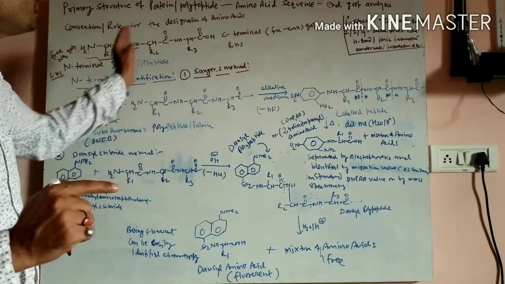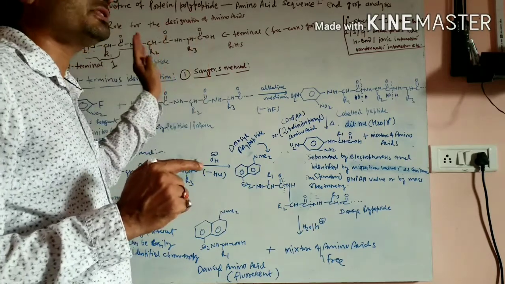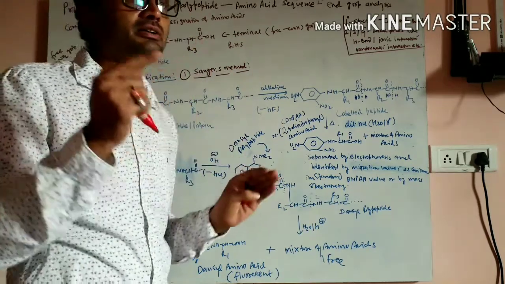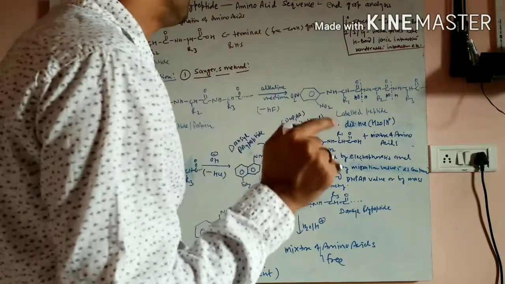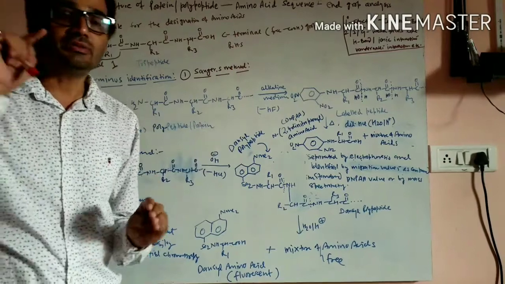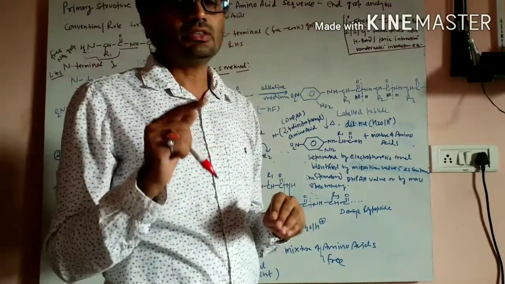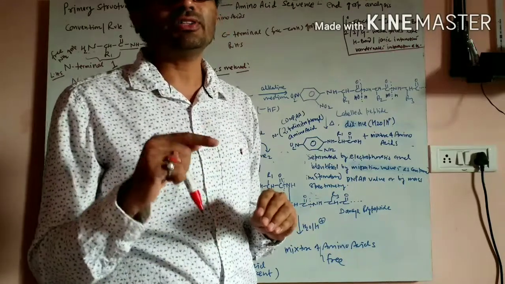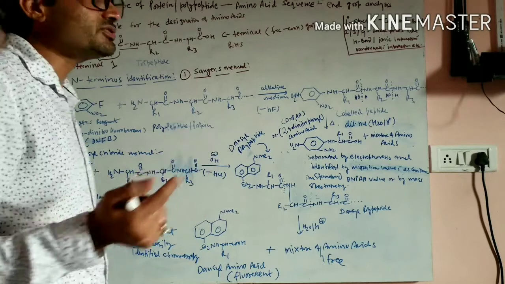In a particular protein or polypeptide chain, what is the sequence of the amino acids? In what sequence are these amino acids present in that particular protein or polypeptide chain? And this amino acid sequence determination is done by end group analysis. Now what is end group analysis, or what is an end group? So by convention, by the rule,